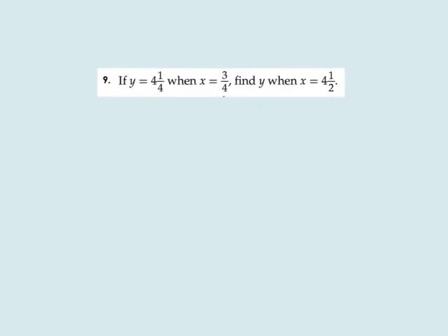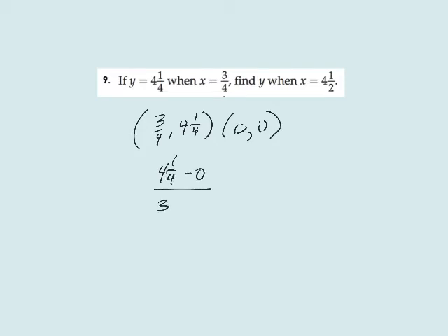So this one's got fractions in it, so everybody's going to be scared of it, but don't be. It's really easy. So I'll make the ordered pair. It'll be 3/4 and 4 1/4. The other one will be 0, 0. So I'll take 4 1/4 minus 0 over 3/4 minus 0. That means that my constant of variation is going to be 4 1/4